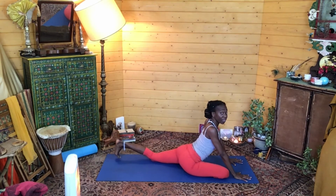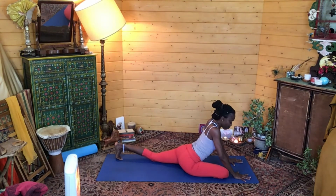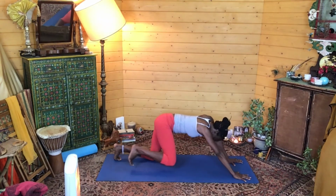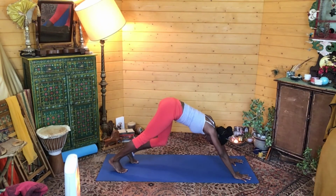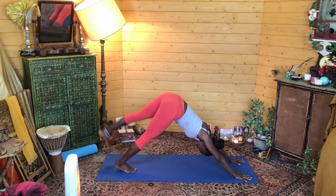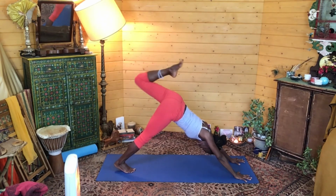And then we're going to tuck the back toe, the left toes, press into the palms, and slowly start to rise up, arriving back into a down dog. Move if you need to. Come to stillness. And inhale, we're going to lift the left leg up, bend that left knee, and bring the